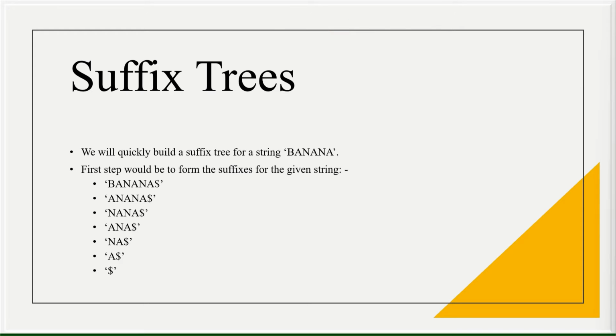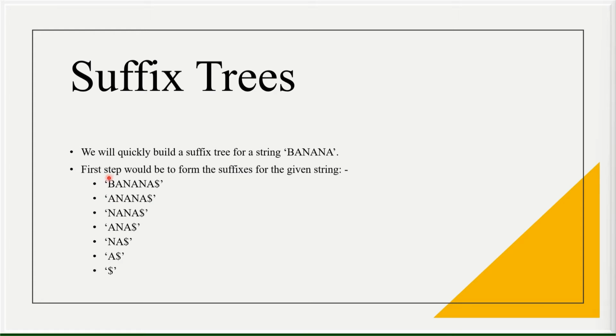Okay. So we'll consider a common example string, banana. The suffixes are basically the substrings which can be formed going from the start of the string to the end of the string, all the combinations which are possible.